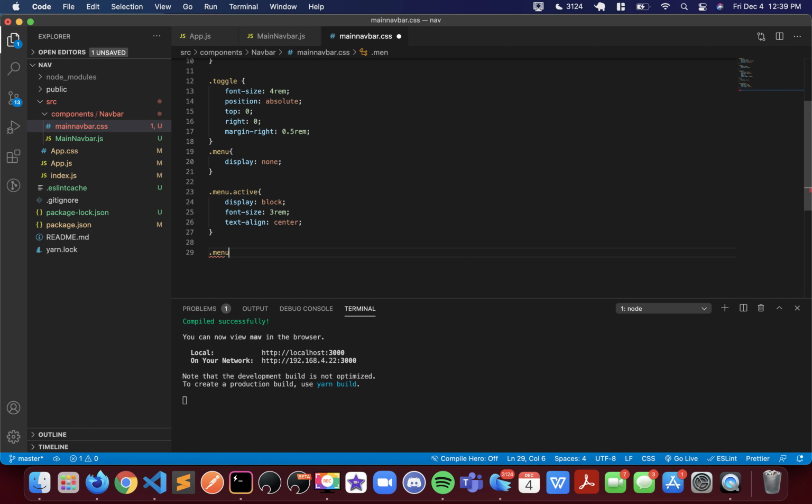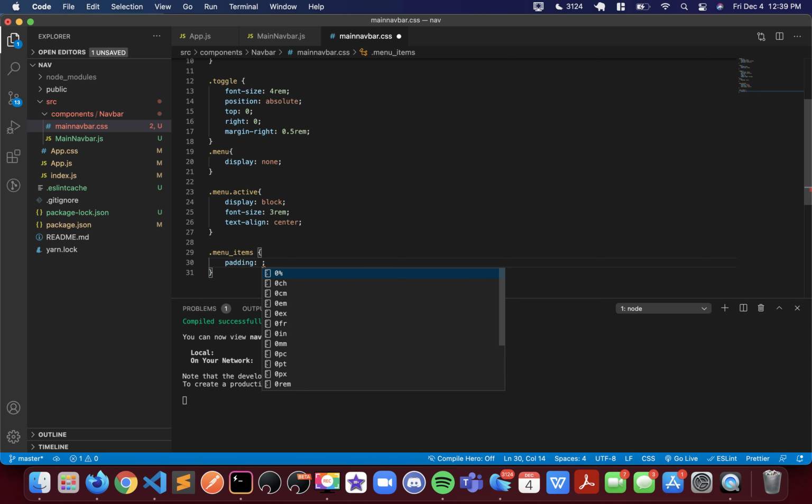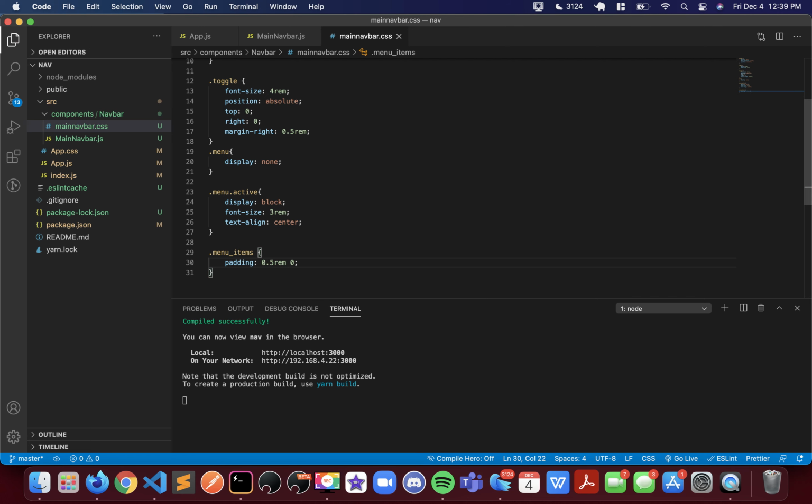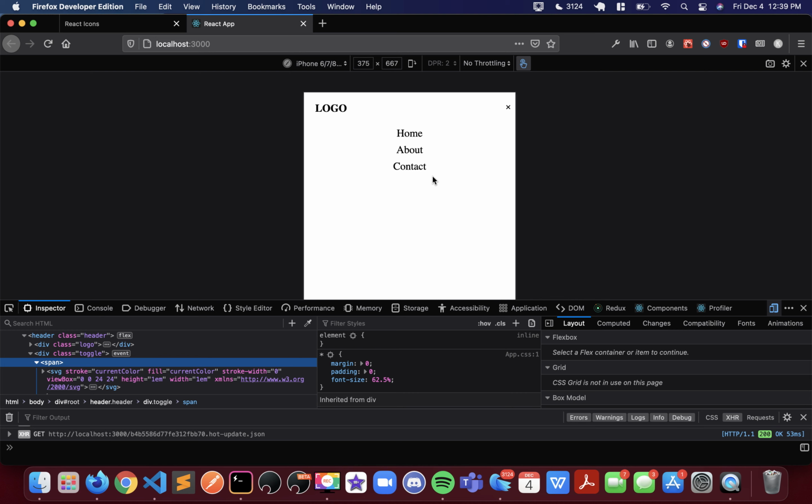Menu items, and we're going to give it a padding of 0.5 em for top and bottom and nothing on the sides. Alrighty, now I'm not a big fan of this font personally, so